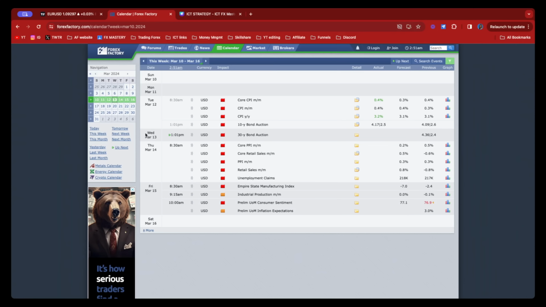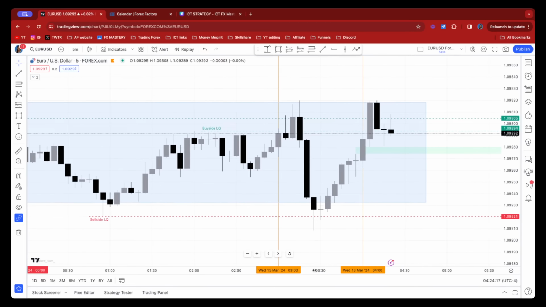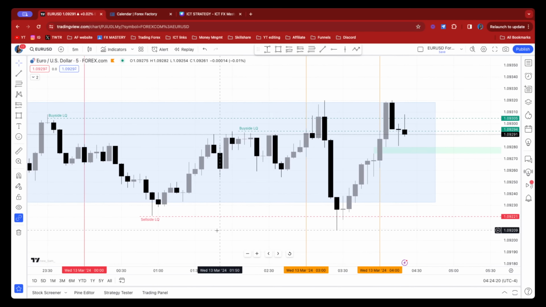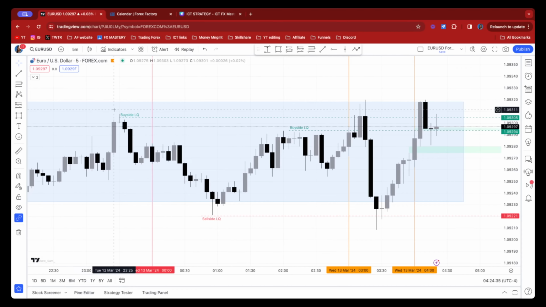Today is the 13th, Wednesday, and we have news at 1 p.m. By the way, we have red news, which means that we can absolutely trade the two morning sessions of the Silver Bullet strategy with ICT. Now, if we go back to the price movement of today's Silver Bullet session, we can see that if we discard this part here and we just look from midnight of the 13th of March until 2:55, 3 a.m. New York local time, so this area here,